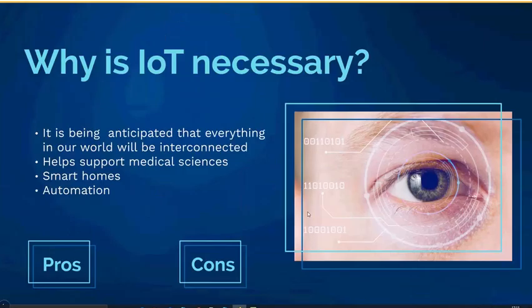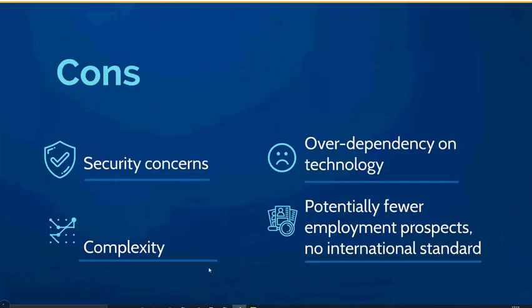On the downside, it is observed that IoT is making humans overly dependent on technologies by increasing these dependencies on our daily routine. As there is the involvement of different technologies and devices, there is monitoring by more than one company, which directly questions the security and privacy issues. Also, due to the automation, there will be fewer requirements of human resources and less educated staff, which may create unemployment issues in the society.